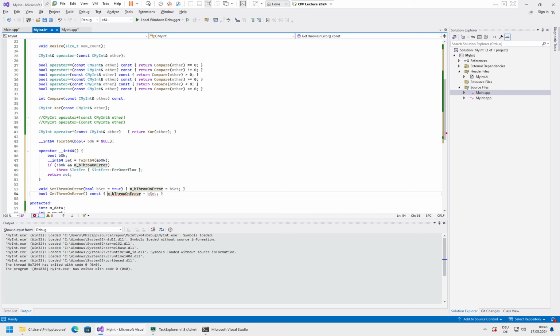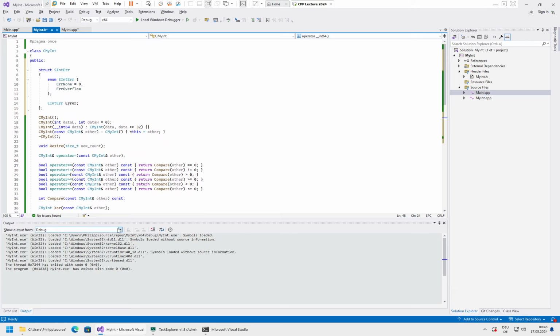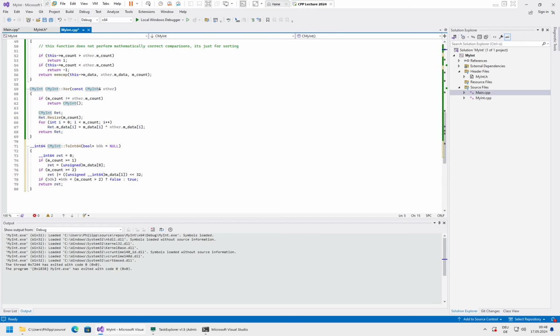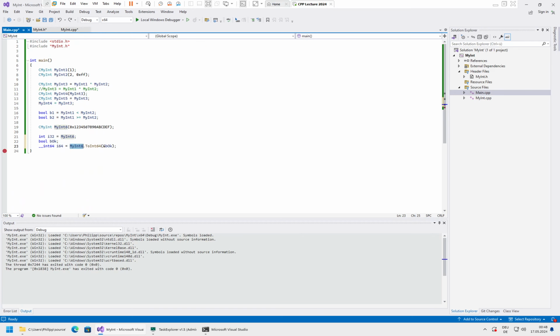which I wouldn't know what in this case you would want to use it for, but generally it is good practice to also have a getter function, so that if you can set some variables you can also get their values, which might come in handy later. Okay, and one last thing we can do, as you see we have here this assignment operator. If we would do a thing like, where is it here, let's create another one, my int